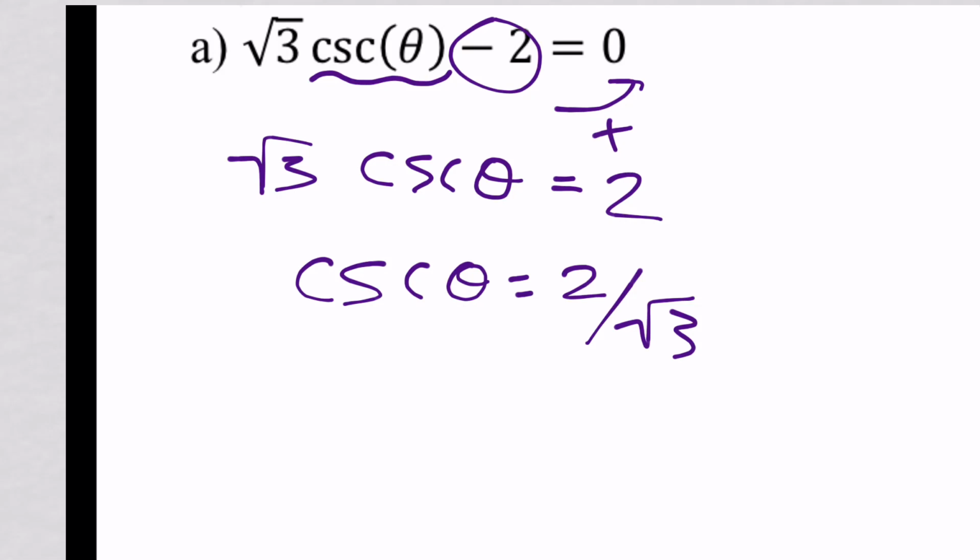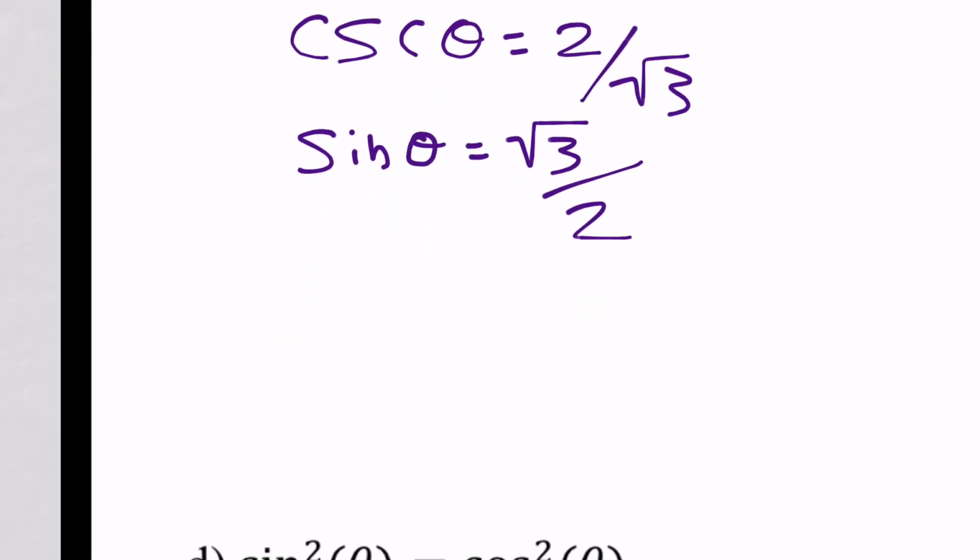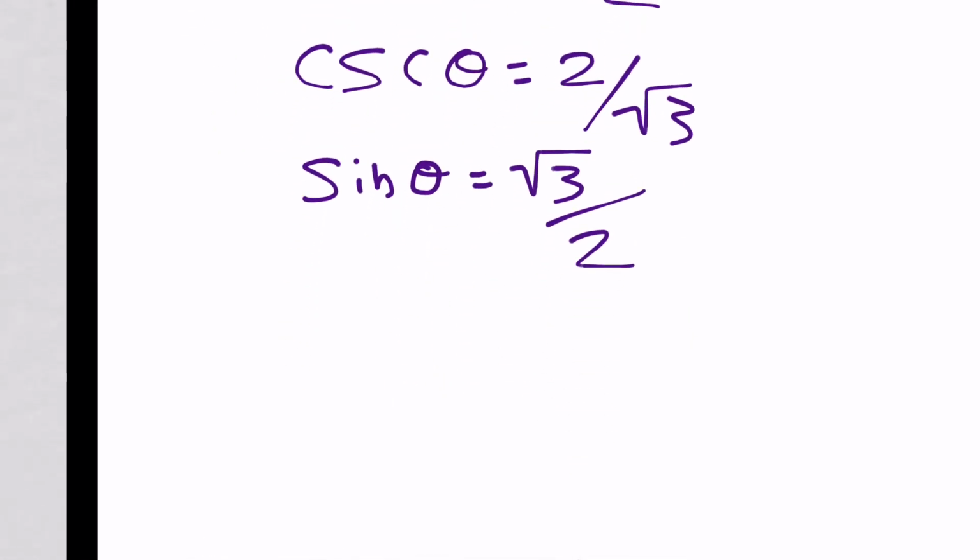I would much rather think of this in terms of its reciprocal. Well, what is the reciprocal of cosecant? The reciprocal of cosecant is sine. So if I want to look at this not as cosecant of theta, but as sine of theta, all I have to do is take the reciprocal of the other side as well, which means flip that fraction. So if I flip that fraction, I get root 3 over 2, which is a number we know around the